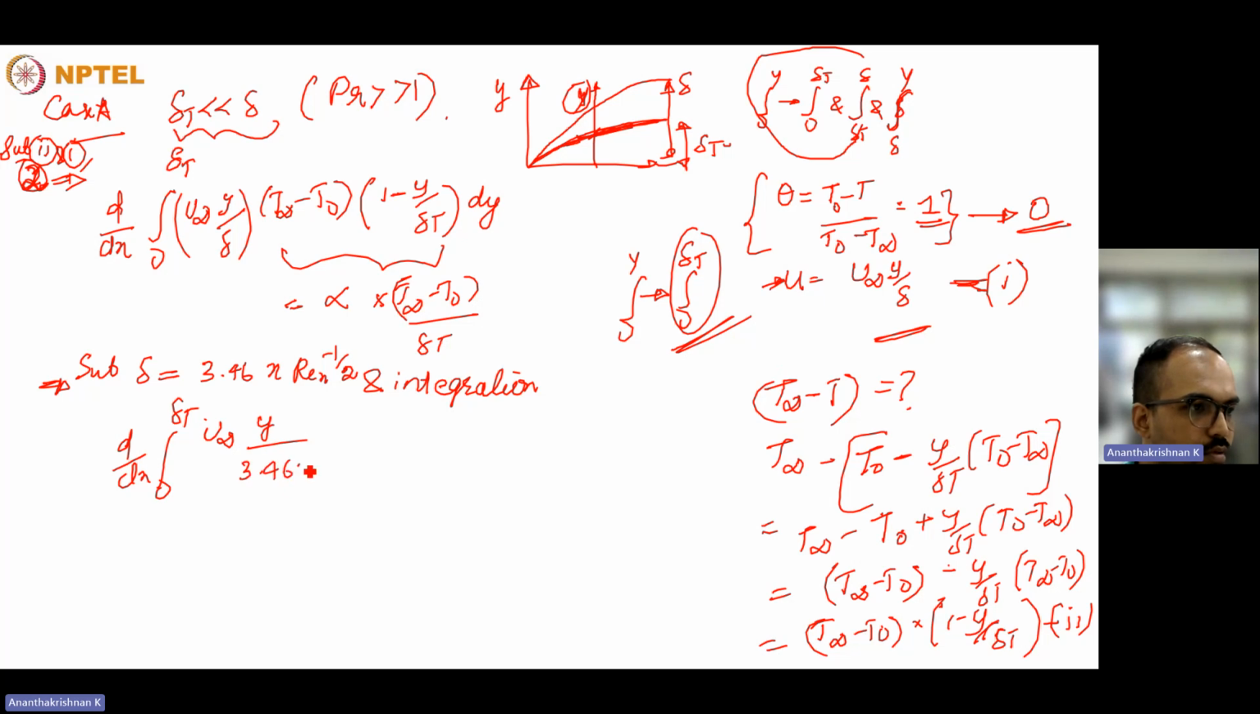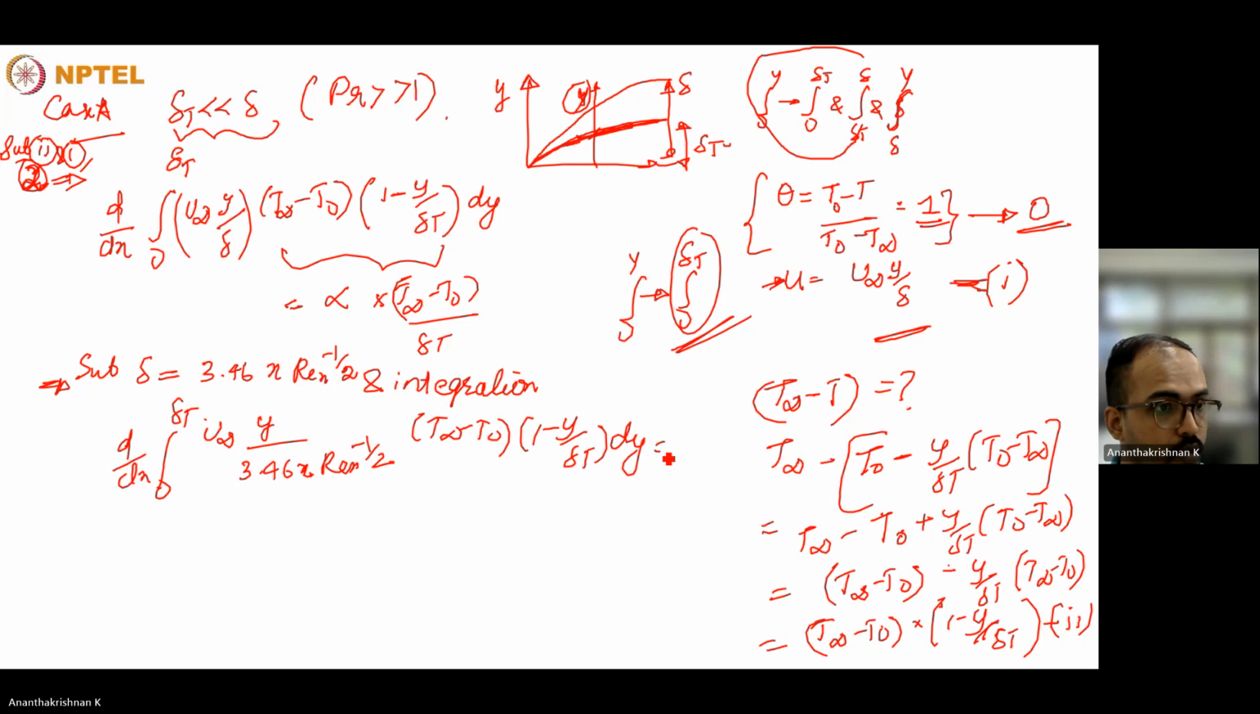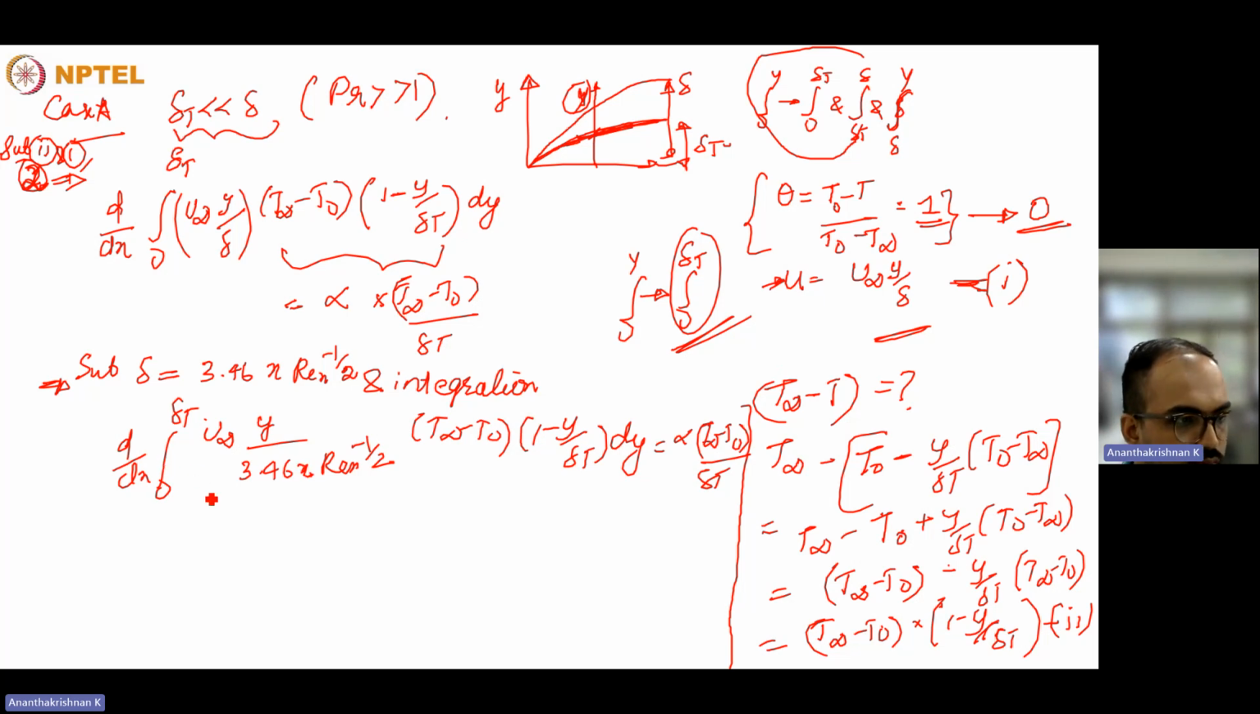Divided by 3.46 x Rex raised to minus 1 by 2, T130 minus T0 into 1 minus 5 by delta T dy is equal to alpha T130 minus T0 divided by delta T. So in this case, the delta value is a function of x and Rex. That can be taken out of the